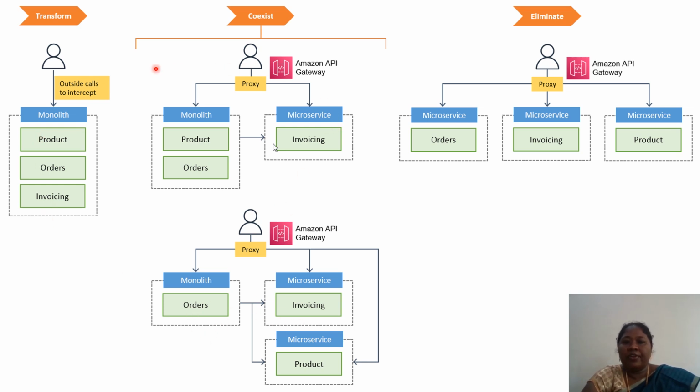So here different combinations are given. For example, product, orders, and invoicing may be monolithic outside the calls, but somewhere this can be monolithic and this alone you can convert into a microservice, or everything can be microservices, or this alone monolithic and this alone. So it depends upon the application. You can just use the